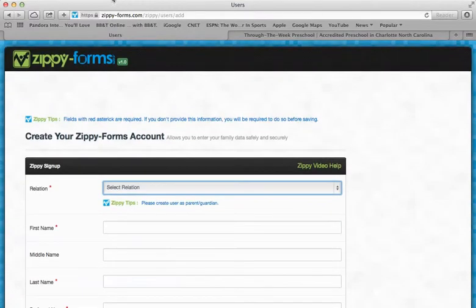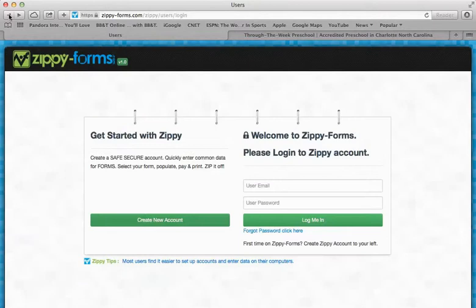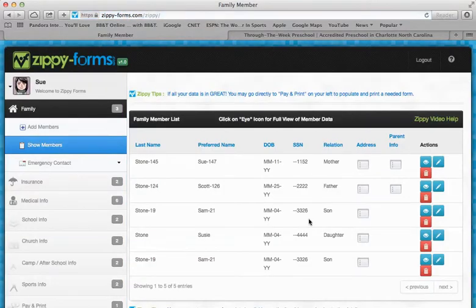I'm going to actually take you into Zippy Forms under my username. And the reason I'm doing that is I want to be able to show you how to get around Zippy very easily and what you might want to create for yourself. This is a little fake family that I created just to do some testing, but after you create your account,